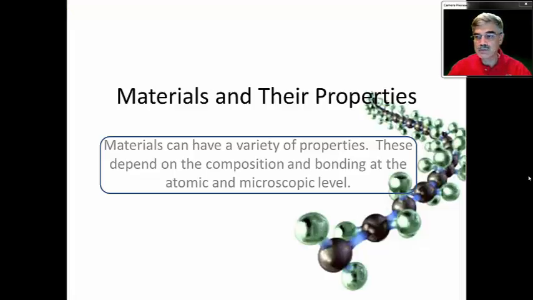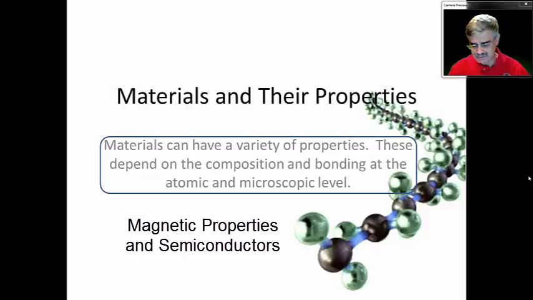The last time we were together, we talked about a number of alloys, bronze and brass and steel and solder. And then we talked about some interesting new materials called superconductors. And we saw the Meissner effect, which is a very interesting property of superconductors. And so it's amazing that in just a few lessons we've gone from wattle and daub to superconductors, the ingenuity of man. In this lesson, we're going to talk about magnetic properties of materials and then move into silicon microchips